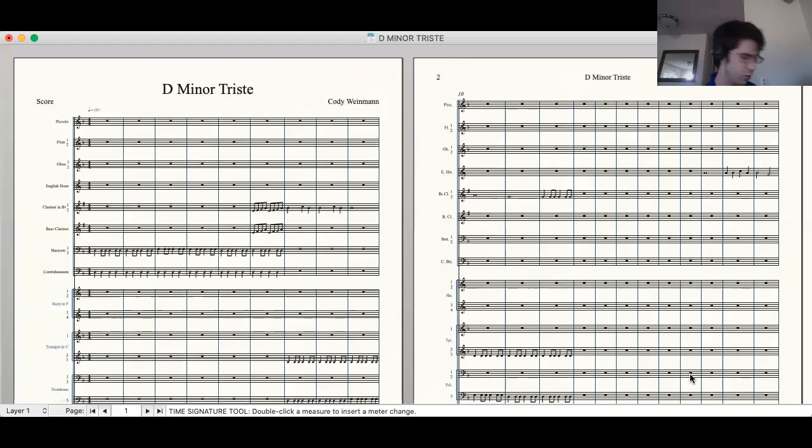All right, I'm going to show you a piece that I'm working on, and I'm going to show you also how to use what's called the score system divider. Okay, so I'm just going to play this